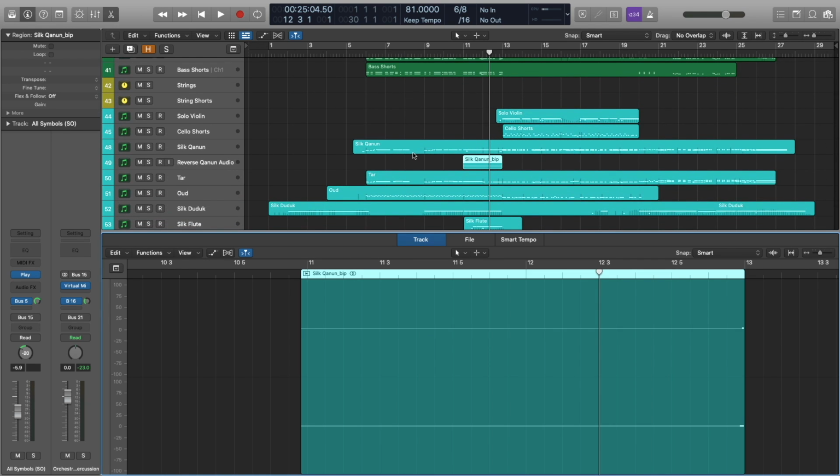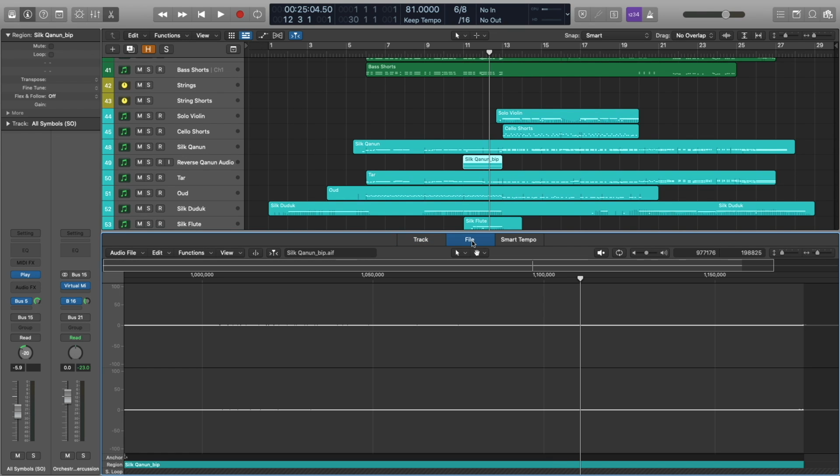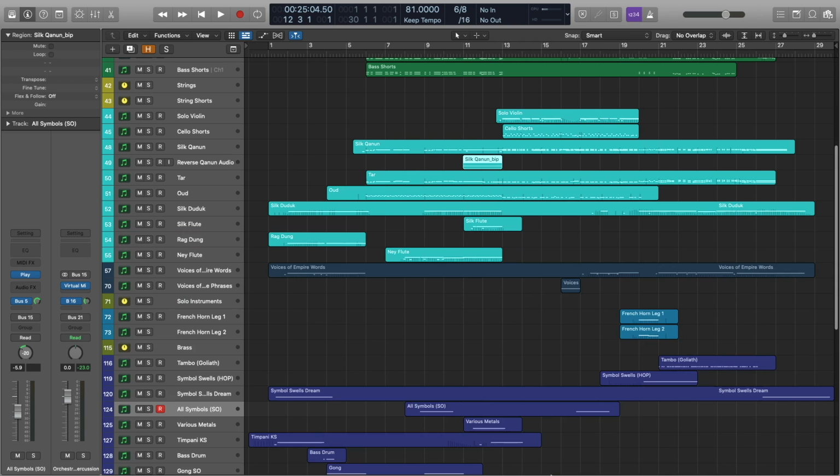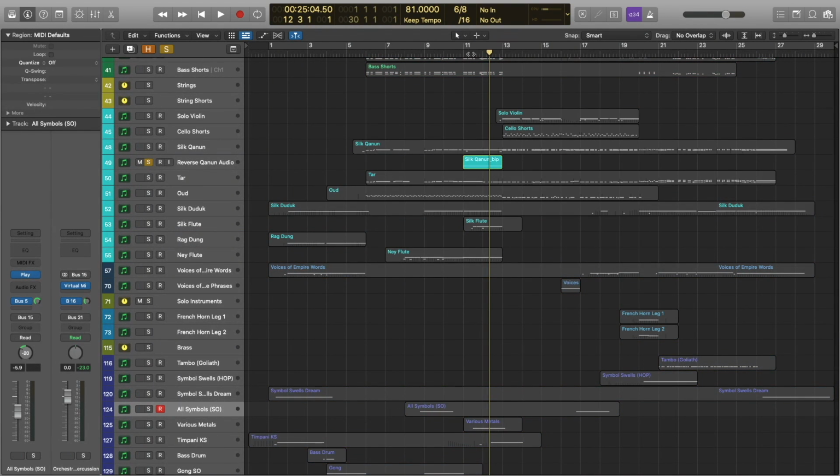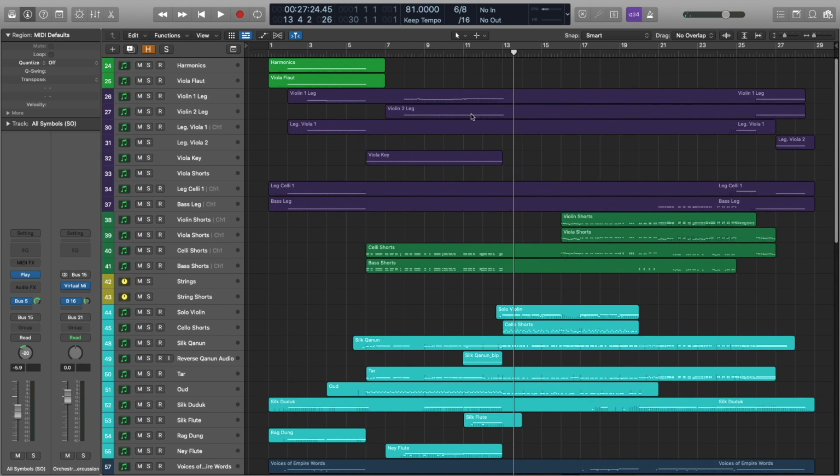All I did was play, I believe, an E in octaves in this patch, and then I bounced it to audio and used the reverse function within Logic. And by the way, you can find that right here. You click on your audio file, and you click on this, and it'll reverse whatever that audio file is. And so that sounds like this by itself. It's pretty subtle, but it's a really cool way to move into this next part of the piece.